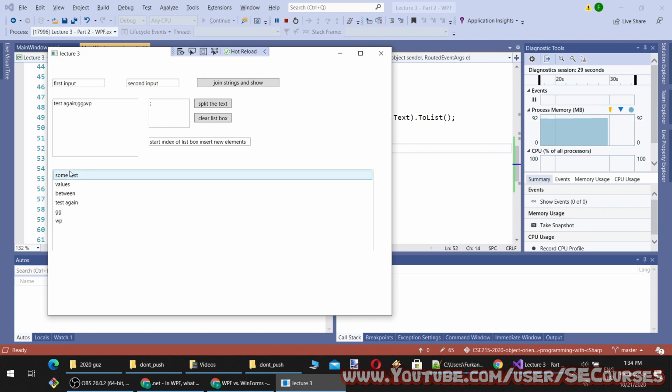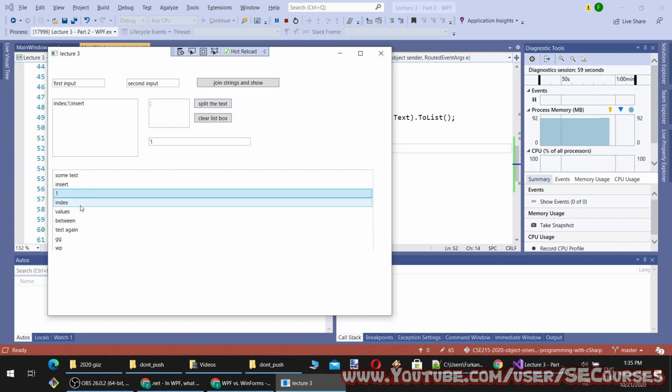You see, they are added to the end of the list box because item add always inserts the item to the end of the list. Then I will insert it to a certain index. I will be using index 1, and I am typing here 1. So let's see the result right now.